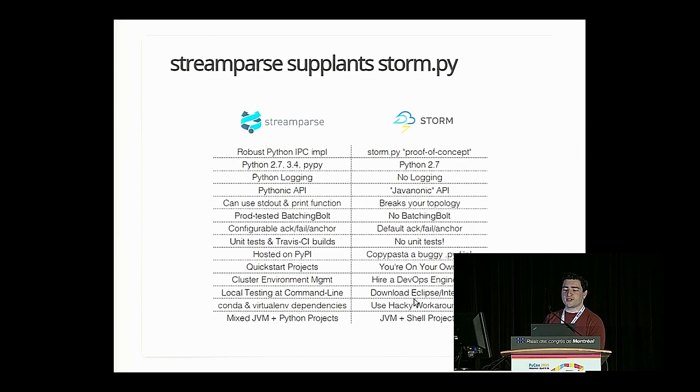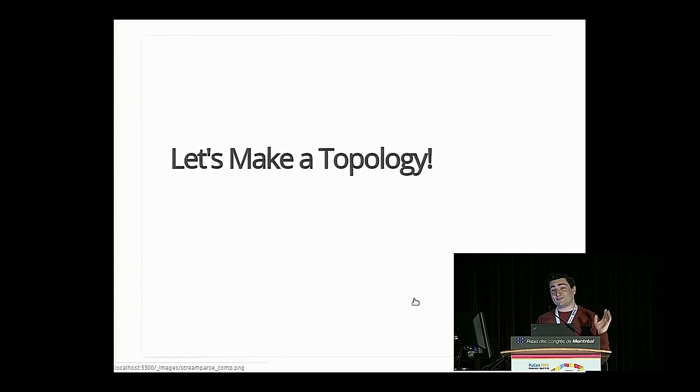I'm not going to go through this, but basically streamparse also improved a whole lot of other things related to storm.py in the IPC layer. Like we wrote tests, for example. We added logging support. We have it running in Travis CI. So it's an actually maintained open source project instead of a little hack. And by the way, it also supports Python 3.4 and PyPy, which is great. The bundled one doesn't support either of those, unfortunately.